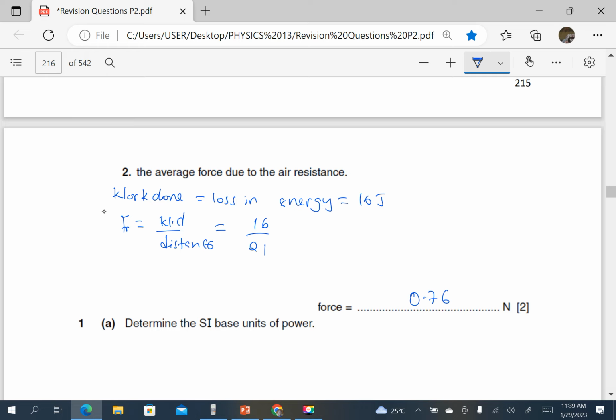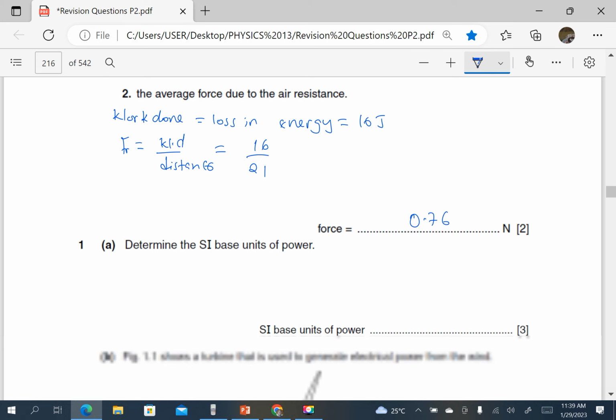0.76. So that is the average force due to air resistance. Determine the SI base units of power. Without wasting time, we know that power is the rate of doing work, or the rate of work done. So that is work done per unit time,